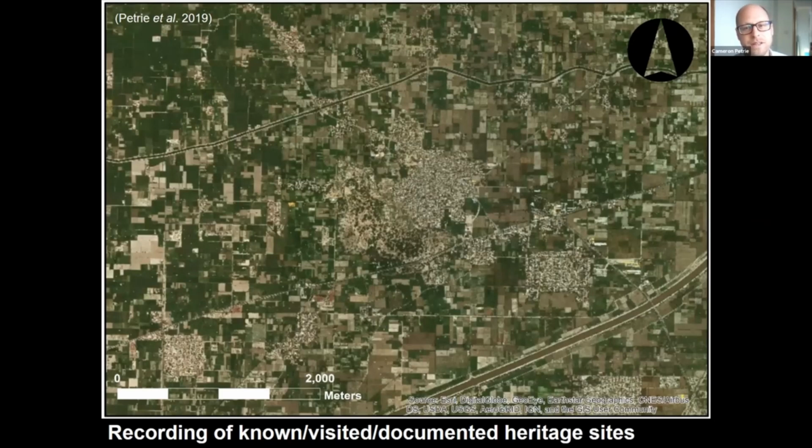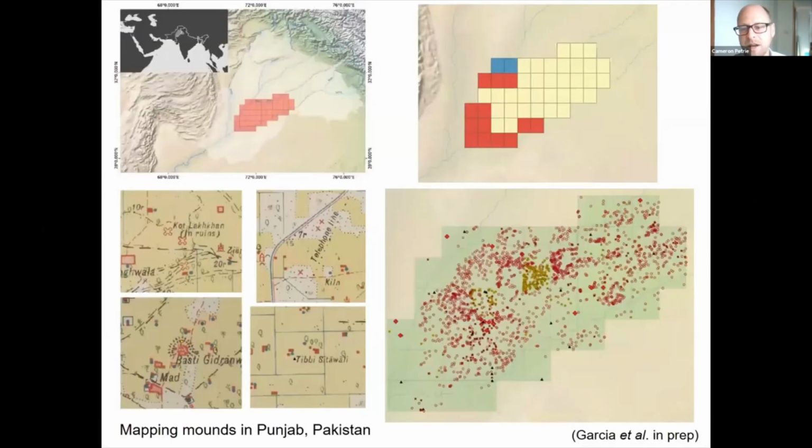So knowing this sort of information exists, there's been archaeological work that's been carried out as part of the Two Rains project, but also associated Marie Curie projects. Now, this is the work done by Arnau Garcia while he was largely based here in Cambridge, where he set out to systematically document a very large area of the southern part of Punjab in Pakistan, using these historical maps